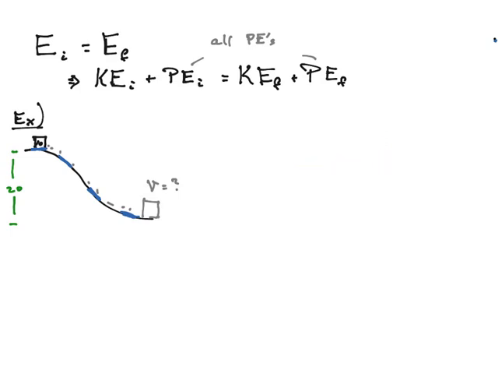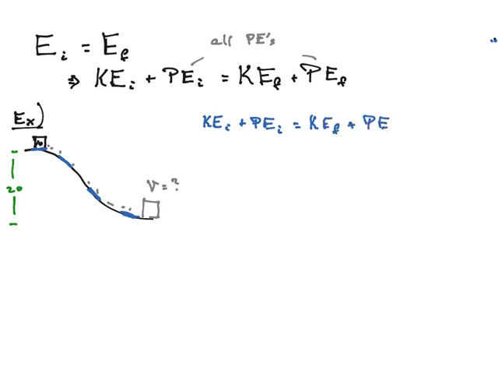In order to solve it, you'd have to get so detailed into the precise measurements of this hill that it's just not worth it. However, now we have this new tool. Let's see if this new law helps us. So conservation of energy would say kinetic initial plus potential initial is kinetic final